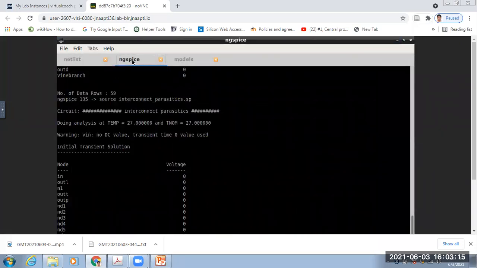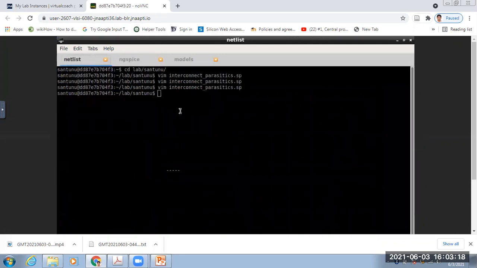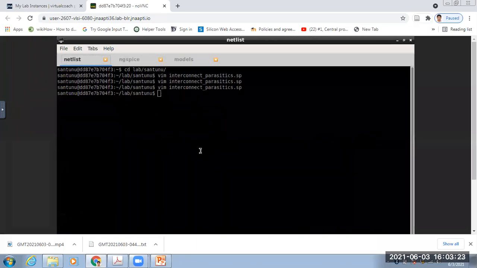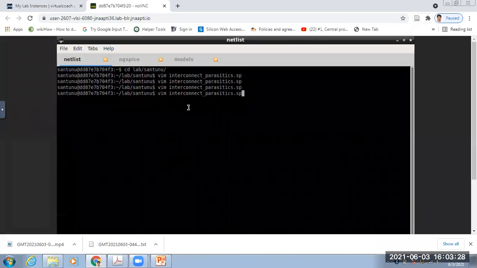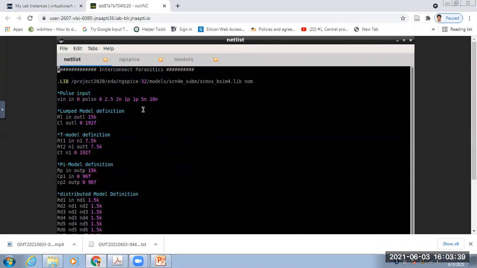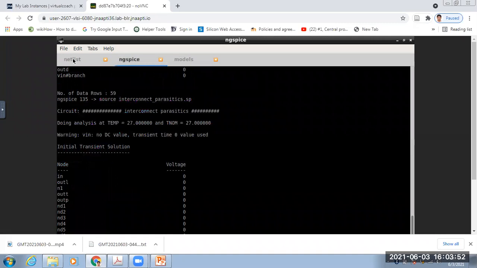So, I can show you. Actually, I think the model name is not required, because inside this model the MOSFETs are already defined. For temperature you can separately put .temp. Otherwise it will work. So okay, I'll put I. Let's check.